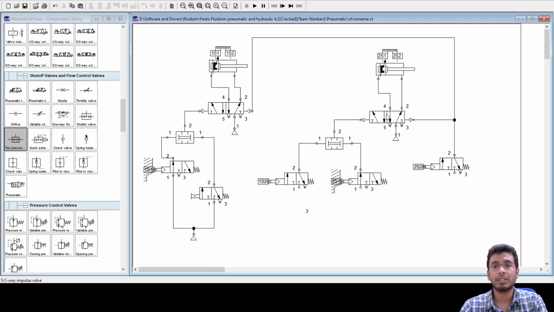That means now the condition for my second cylinder to extend: the first condition is that cylinder 1 should be completely extended, that means my 1S2 valve should be triggered. And then the cylinder is also at its retracted position, which is sensed by the roller valve 2S1. If both conditions are fulfilled, only then this valve should extend. Now what I have to do is give the compressed air sources to all the valves. Your pressurized line sources. So I will give it to this as well as this and the third one. Fine. Now let us try to simulate this circuit.